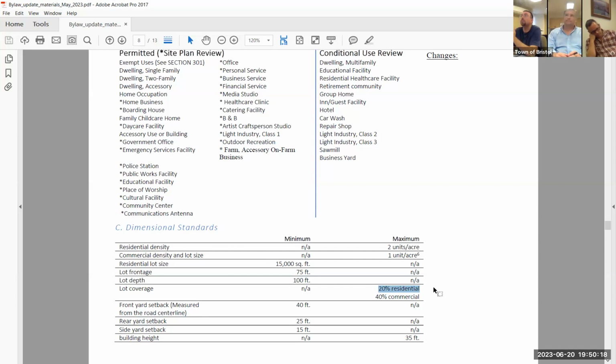Let's see, Melissa, do you have any thoughts on that? We'll go around. I guess it would make sense to change the lot coverage if you're changing everything else. If you're providing for more density on smaller lots, you're gonna need to change the lot coverage. And that's a 3,000 square foot home.